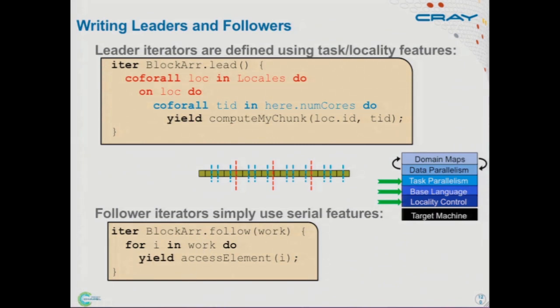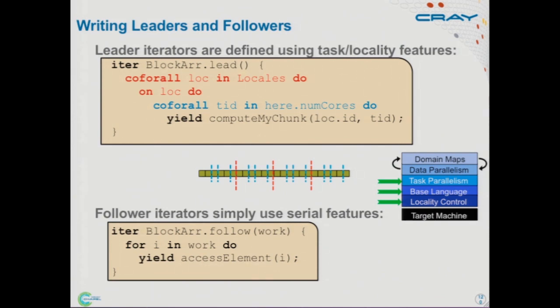So alpha is just a scalar, and the language semantics would say that alpha only lives on the single locale on which it was allocated. But typically alpha would be a constant or at least invariant for the lifetime of this loop. So as an optimization, the compiler is typically going to replicate that. In fact, when it fires off this coforall that creates a task per locale with that on clause, when the compiler sees constant values going across an on clause, it actually passes the value along, typically, with the task that implements that coforall. So the alpha will be carried along as one of the implicit arguments to the tasks implementing that coforall. OK, so that's how you write leaders and followers.